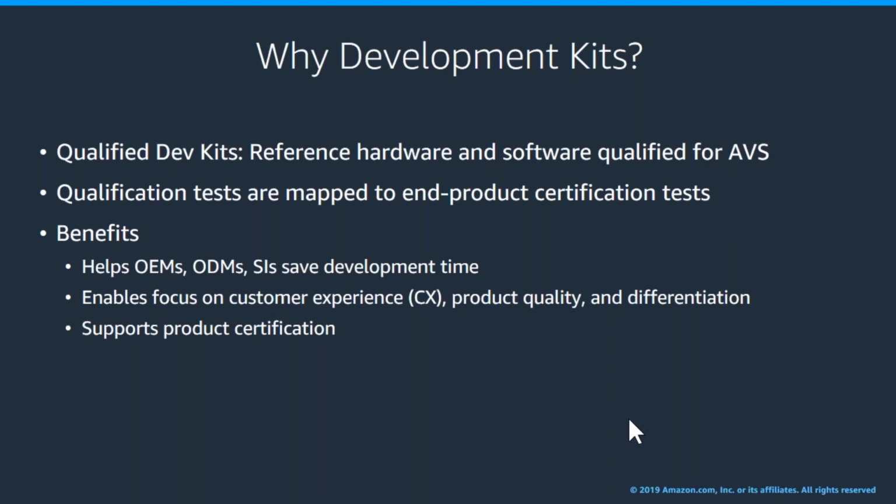So that's this reference hardware and software that these third-party chip providers produce. These are, for example, digital signal processor DSP vendors, or SoC, system on chip vendors, or MCU microcontroller vendors. And we work hand in hand to make sure that their designs are qualified for Alexa Voice Service. And what does qualified mean? So in the very last phase that we'll talk about launching a product, the end product has to go through Alexa certification, AVS certification. And the key point is that to have a design qualified for AVS, they have to